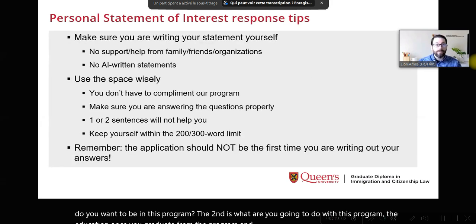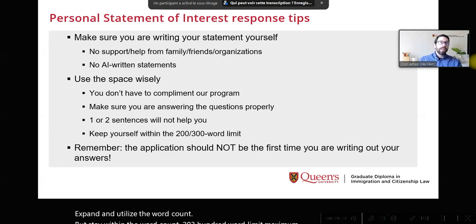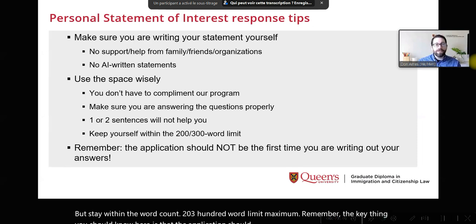Answer it correctly. Short statements also won't help you. One or two sentences are not going to be of value. Really expand and utilize the word count, but stay within the word count, 200, 300 word limit maximum. Remember, the key thing you should know here is that the application should not be the first time